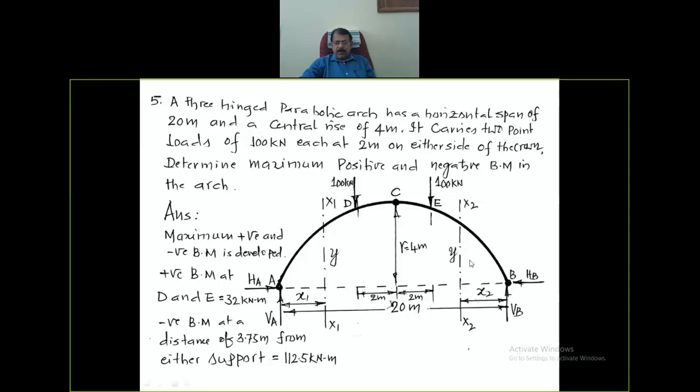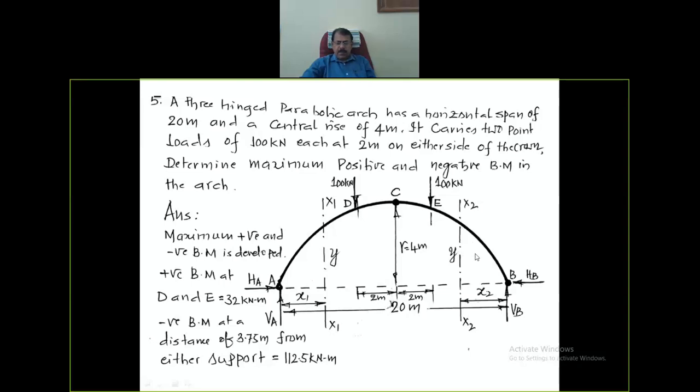Similarly, differentiate the equation of bending moment written about the section x2. Differentiate that equation of bending moment with respect to x2 and equate it to 0. Solve for x2. Once you know x2, substituting that value of x2 in the bending moment equation, compute the value of magnitude of bending moment obtained at those points.